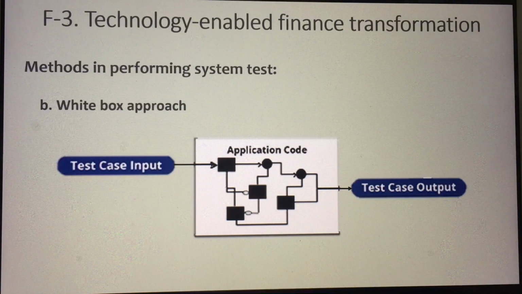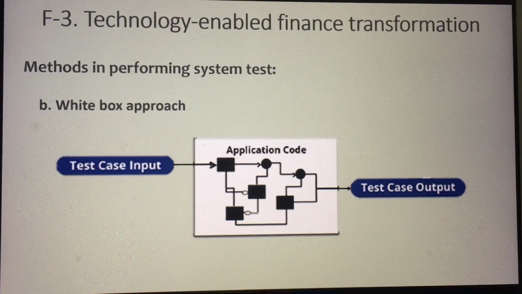Number 2, the second method is your white box approach. Usually, guys, the white box approach is done by high-level computer skilled individuals. Meaning, they are testing the codes. So, you give them information on what the code is all about, the functionality of the code. They test the code if that's how the code is really working. So, it's more detailed compared to our black box approach. So, your black box and then your white box.